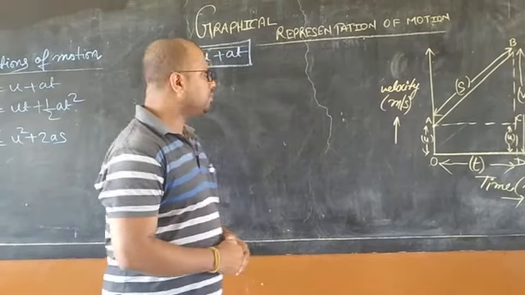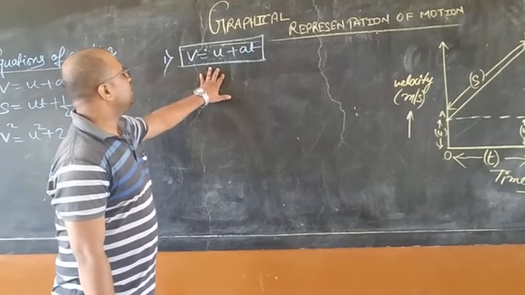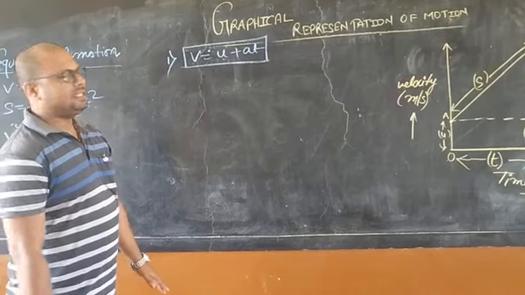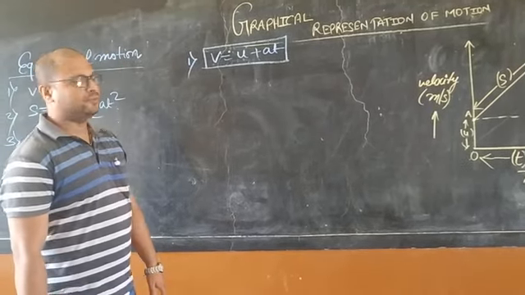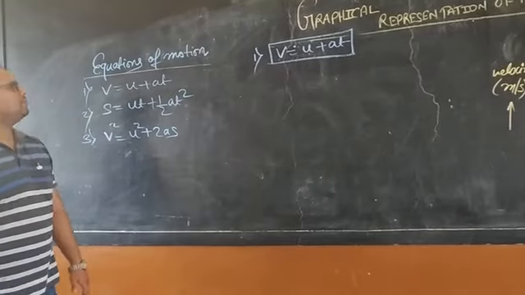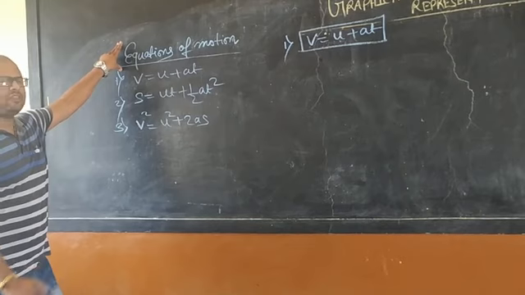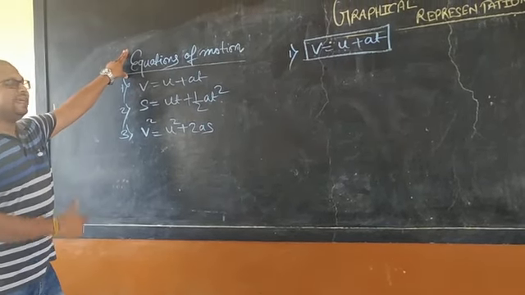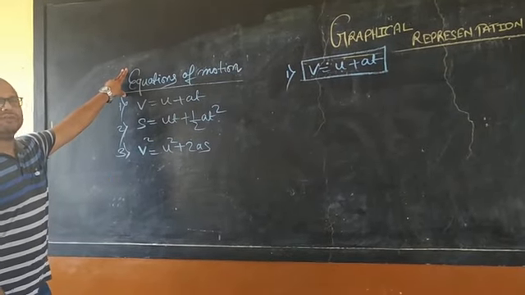Today in this video, I am going to finish this exercise, which is graphical representation of motion, which is in ICSE class 9 and also taught in class 8 too. The topics which I am going to discuss are not actually the physics topics, I would say. It is the equation, mathematical based things, but we will take the help of graph. So that's why it is known as graphical representation of motion.